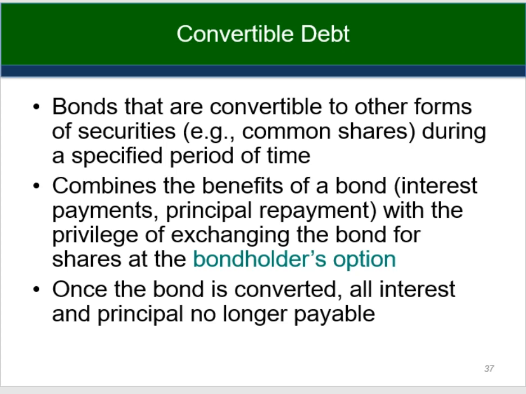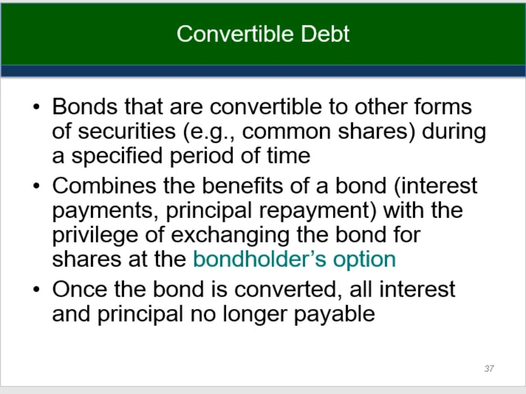So sometimes the company may actually wish to induce conversion of outstanding bonds in order to keep their interest expense down, or for some other reason to improve the debt equity ratio. So they may actually pay an additional cash inducement, sometimes called a sweetener, to prompt the conversion of the shares, and that additional premium should be allocated between the debt and equity components based on their fair values at the time of the transaction. We'll see how that worked with an example shortly.